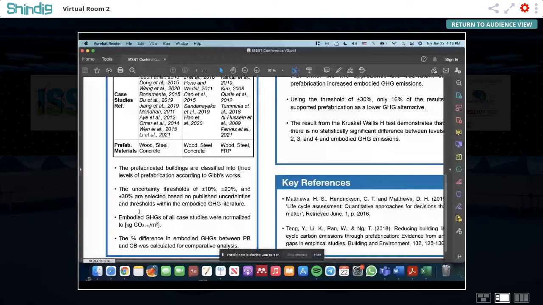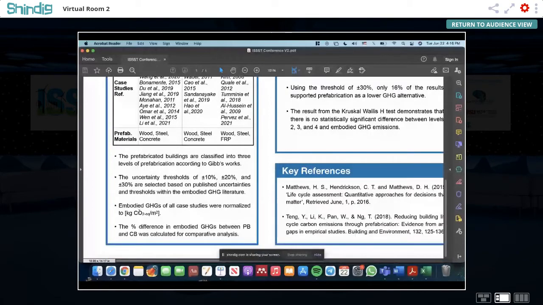So that's why we normalized all the emissions into kilograms CO2 equivalent per square meter, which is the most used functional unit across the case studies that we reviewed. And at the last, we calculated the percentage difference in embodied GHGs between prefabricated buildings and conventional buildings.